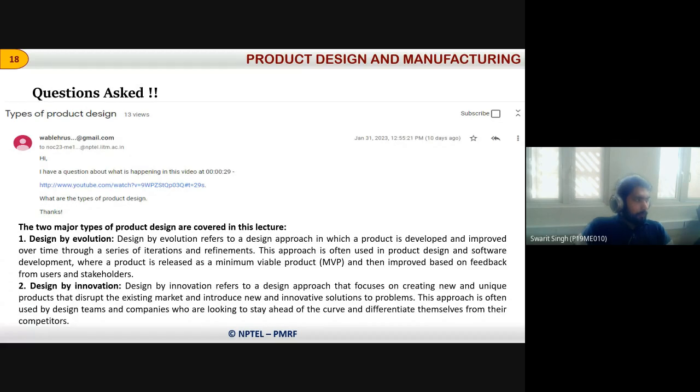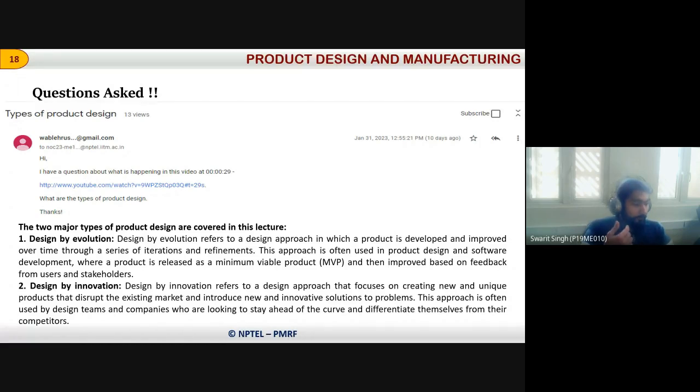So if you see, that product is designed by innovation. Okay, so they have innovated this kind of software, that kind of application in the market, and that is disrupting the market. Okay, that is getting very